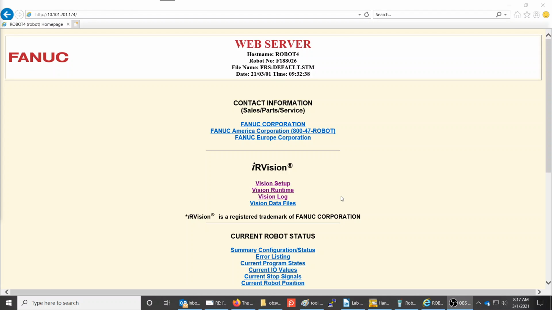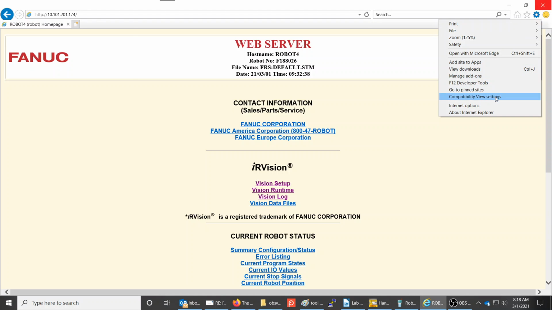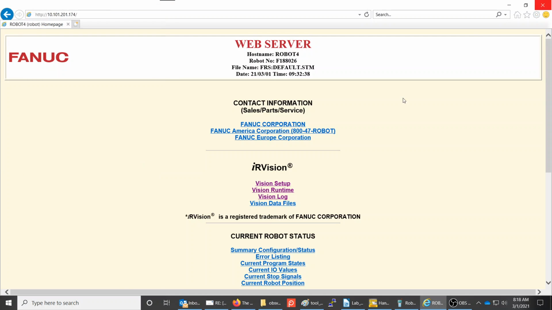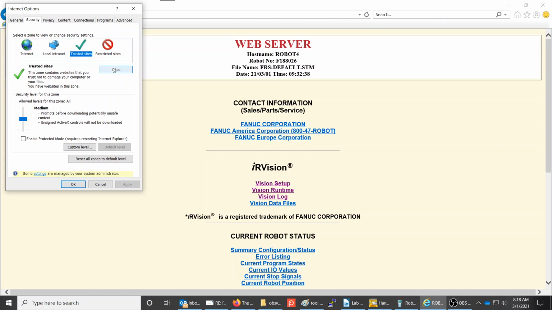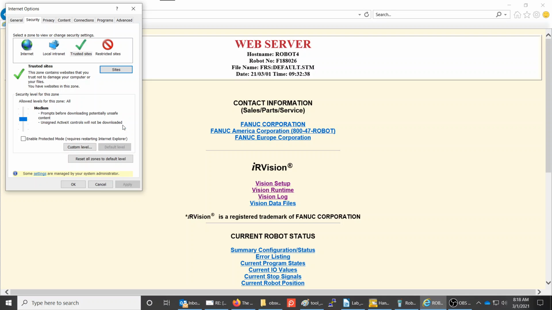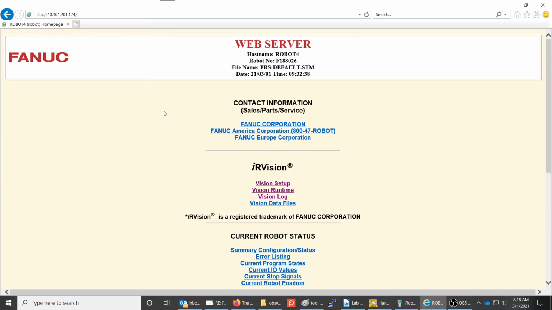This video is going to cover grid calibration for a fixed camera. So the first thing we need to do is open up our Internet Explorer and make sure that we set our compatibility and set our trusted sites so that we can access the server. Remember, you need to make sure that you uncheck the require server verification HTTPS, which means the S is for security, or which means encrypted. We need to make sure that we add our IP address in here for our robot, and then we can